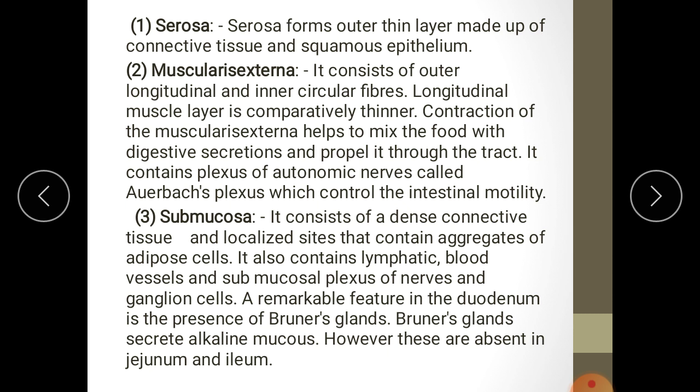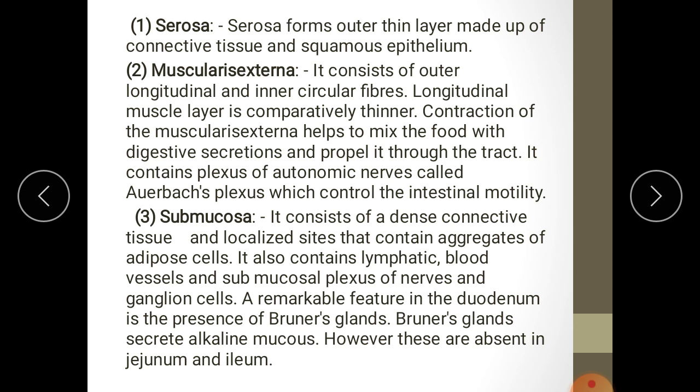Okay. Submucosa, next part is submucosa. It consists of a dense connective tissue and localized sites that contain aggregates of adipose cells. It also contains lymphatic blood vessels and submucosal plexus of nerves and ganglion cells. A remarkable feature in the duodenum is the presence of Brunner's glands. Brunner's glands secrete alkaline mucus. However, these are absent in jejunum and ileum. So Brunner's glands are present only in the duodenal region. These are also intestinal glands. They mainly secrete alkaline mucus,